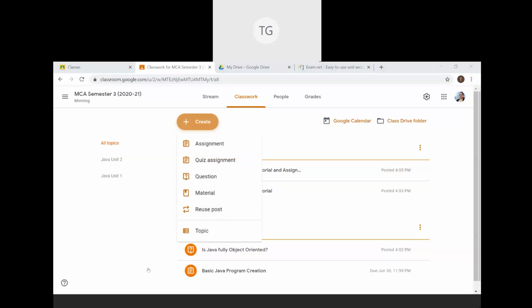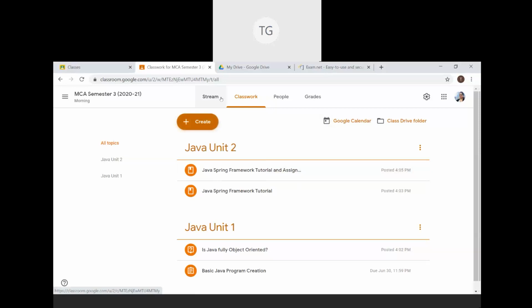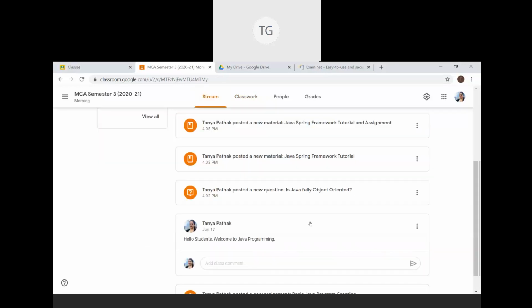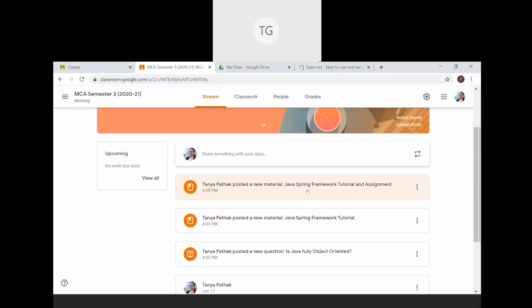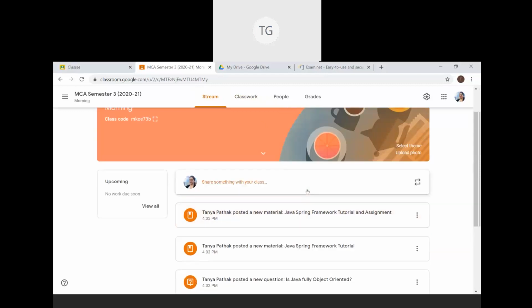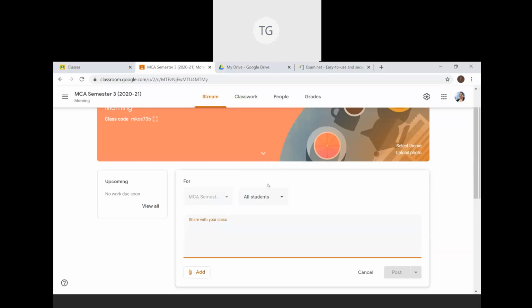Next is that stream page. See, all the activities that you have been performing appear as notifications on the stream page. So, whatever assignments or new uploads in resources are done by a teacher will be seen on the stream page. If you want to share some message with your class, say,